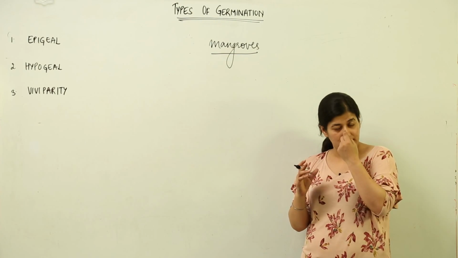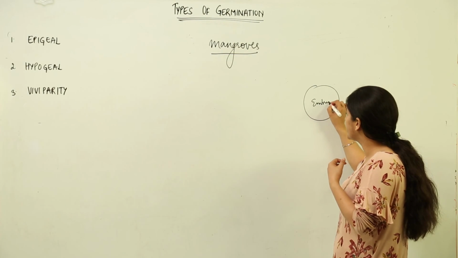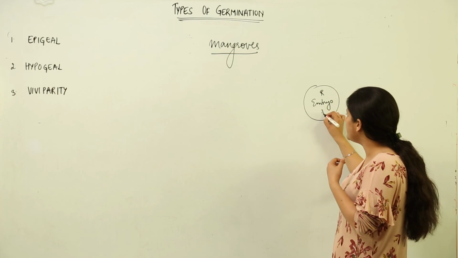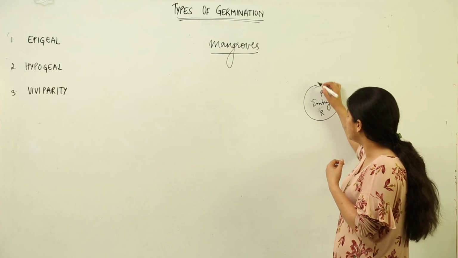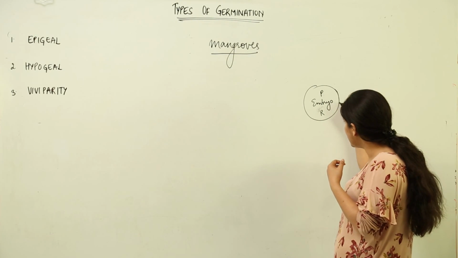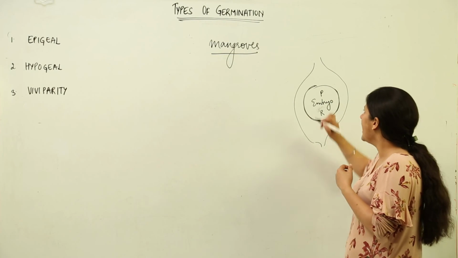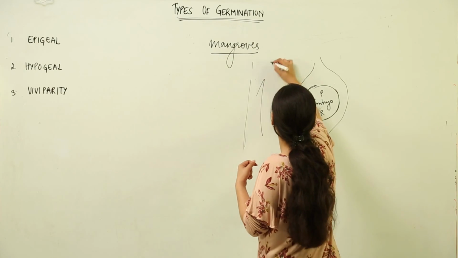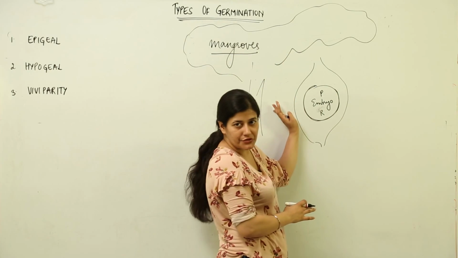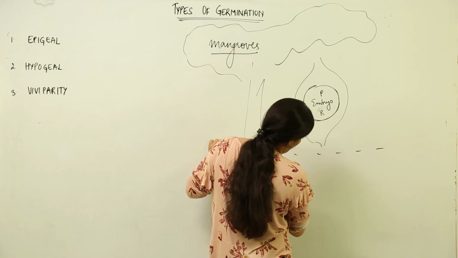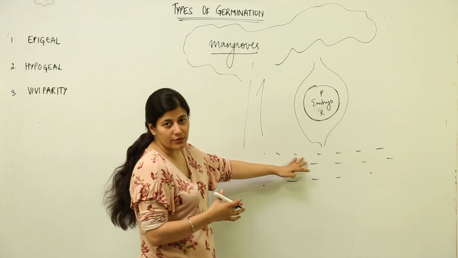Okay, the embryo is, you know, that supposedly this is the seed, inside it there would be embryo which has radicle and plumule, or to present it this way, this is plumule, this is radicle, this is the entire seed, this is the seed coat supposedly, and it is located inside some fruit, and this fruit is located on the tree. Just for reference, I am making this vague diagram. It is present on some tree, and underneath this you are having water, or you can say brackish water, to be very specific. If this falls down, it is not going to germinate.